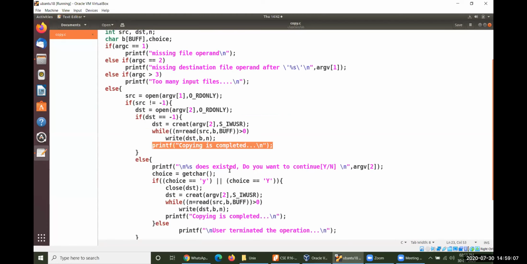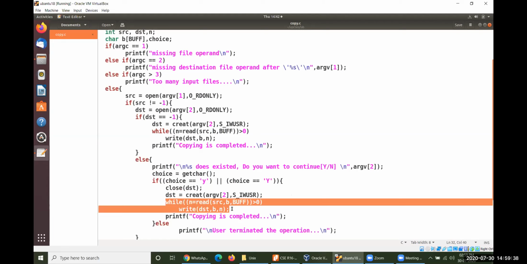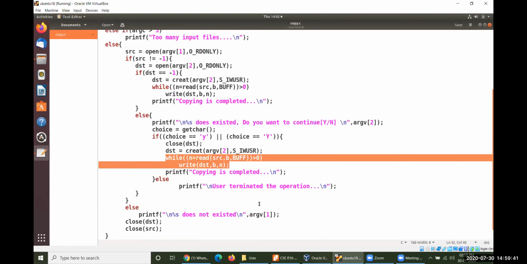If the file does exist, and the user wants to continue, first of all we need to close the file because it is already open. We have to close that particular file first, and then the destination must be created one more time. If you create it one more time, obviously the previous contents will be overwritten. Overwritten in the sense that everything will be wiped, a new file with the same name will be created, and then you have to copy everything here. That is the point we missed in the previous session, and this is the complete program